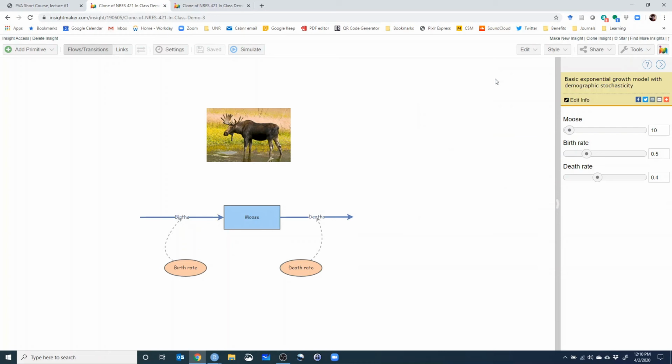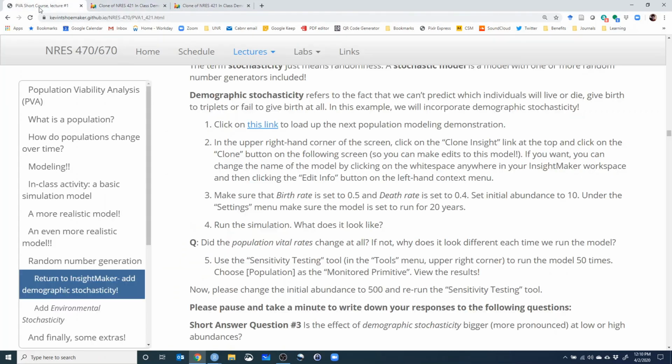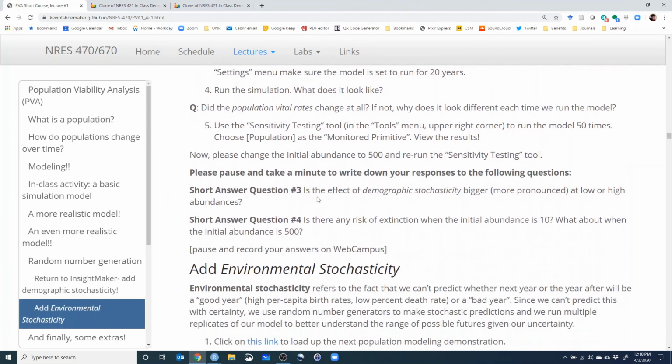What I'd like you to do next: the moose population right now is starting at a population size of 10. What I'd like you to do is change that all the way up to 500 and rerun the model. Rerun the model with the sensitivity testing, and I'd like you to answer the following question. Is the effect of demographic stochasticity, which is what this model is representing, bigger at high or low abundances? All right, so run it. We have already run the model using the sensitivity testing tool with an abundance of 10. Run it again with an abundance of 500, and